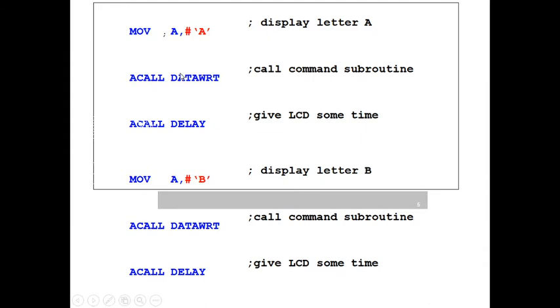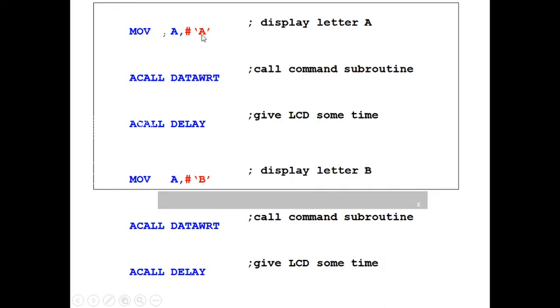now you have given whatever commands you want to the LCD. Now you want to transfer the actual data that you want to display. For example, suppose instead of my name I am just displaying A B C D on the screen. That time I will write here A into the accumulator, then call data write, and then call delay.